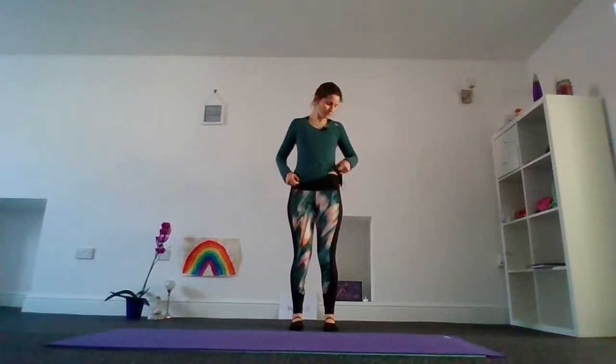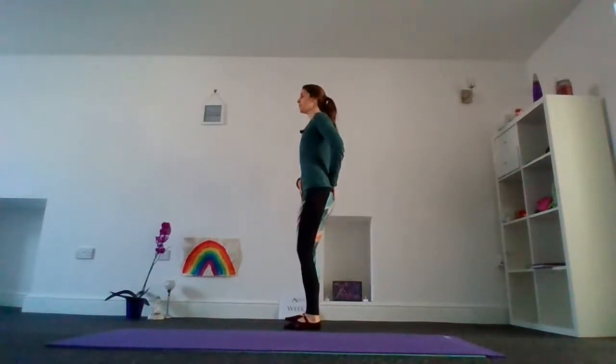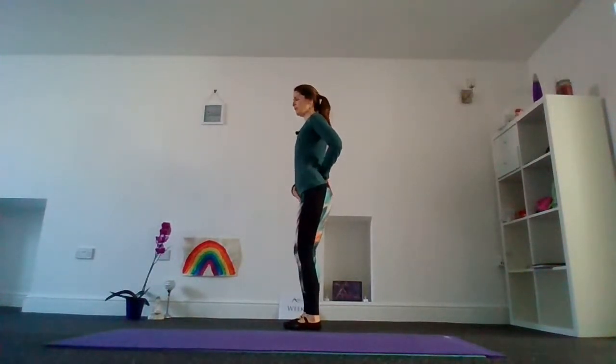And then bring your hands up to your pelvis. So you can bring your hands, little triangle, either side of your hip bones or back and front. We're just doing little baby pelvic tilts. So just sending your tailbone down and then sending your pubic bone down. So just rolling through the pelvis just a couple of times. Just get a little bit of movement into that lower back. And then you're just going to end up with your tailbone slightly tucked under,